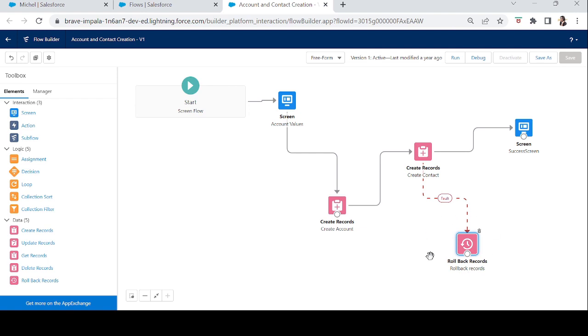In the fault path, because we have added the rollback records element, this create account will be rolled back, and hence there will be no account in the database as well. Okay, so that is why rollback element is used, and this is basically used for the fault path. So if any error occurs, you can just use the rollback element, so the previous task that is done before that error can be rolled back successfully. Okay,